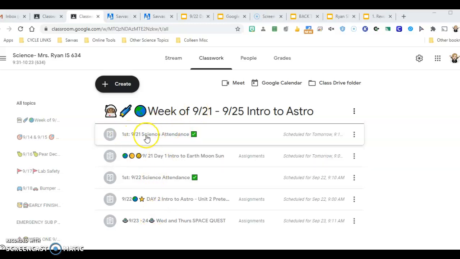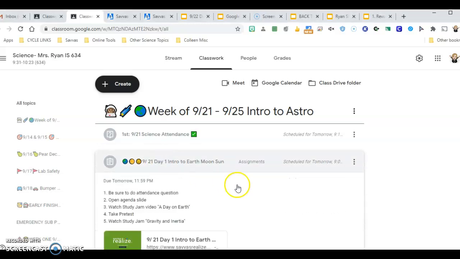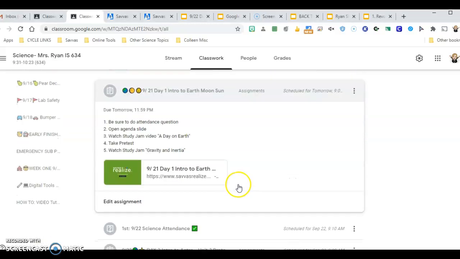You'll find your attendance question listed by date. Today's 9/21, and then you'll find an attached assignment for 9/21. Be sure to complete your attendance question, come back to your classwork tab, and then open the assignment for that day, 9/21. Now what's going to be different is make sure you read the instructions that are attached to the